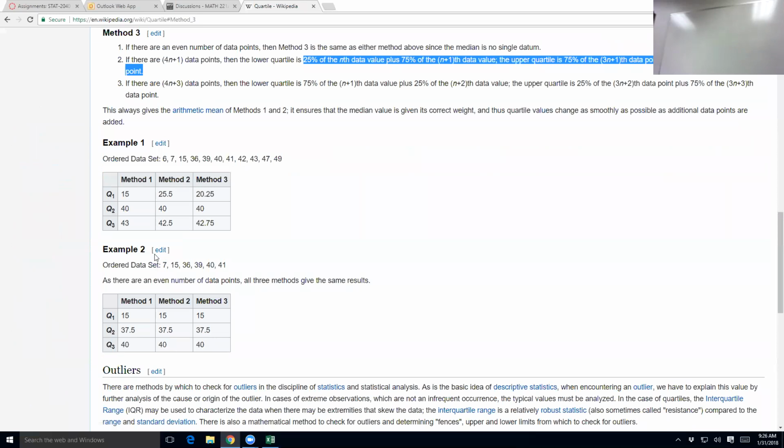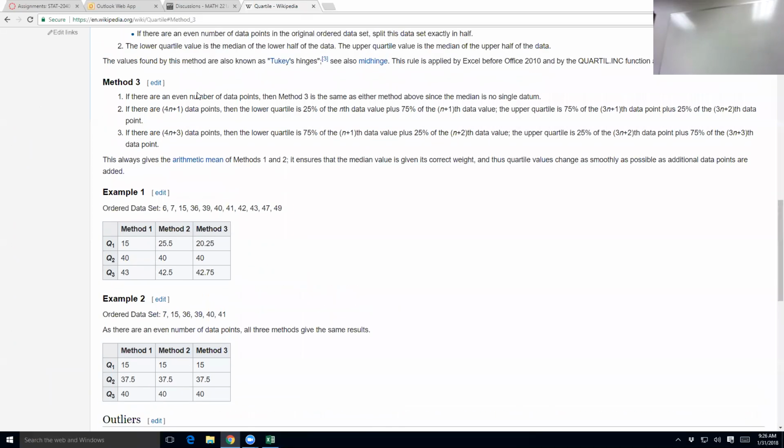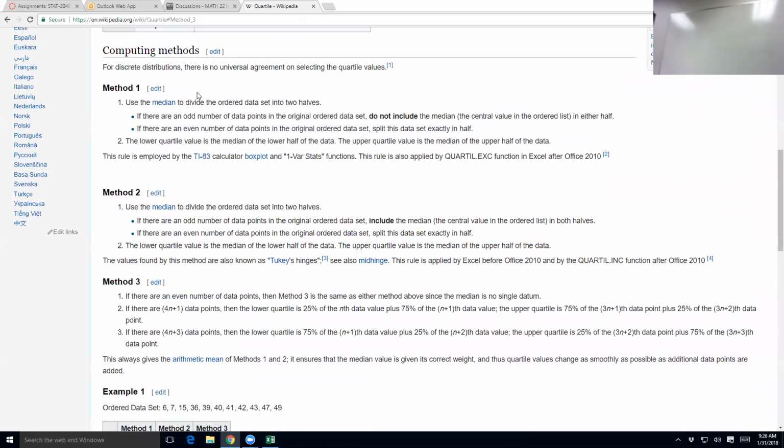So if you want to know how Excel does it, I think that's much harder than the method I was showing you. The method I was showing you was basically methods 1 and 2. One of them includes, one of them excludes. So you can review that, and that's it. So Wikipedia, there's your friend. All right, let's move on to